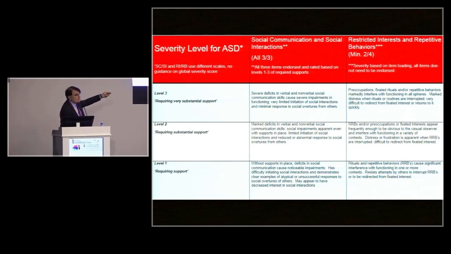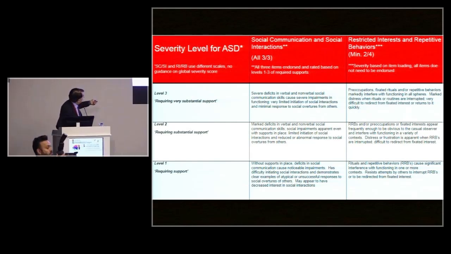which is different than the repetitive behavior domain, where only 2 out of 4 items have to be endorsed, and as you add more items, you get more severity. So you can see that there is a real inconsistency there in the psychometrics, because one includes all the items, and the other has additive items and doesn't look at the qualitative changes of the items, which the first domain does. For those of you who know statistics and psychometrics, that's a huge problem when you're doing factor